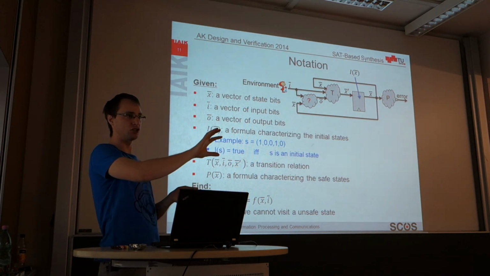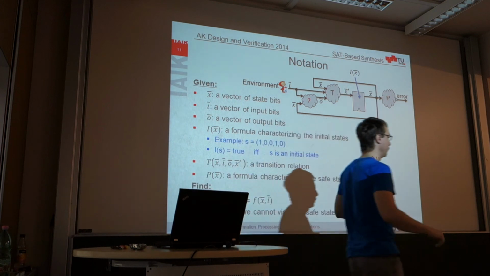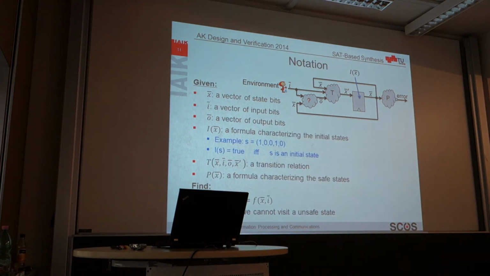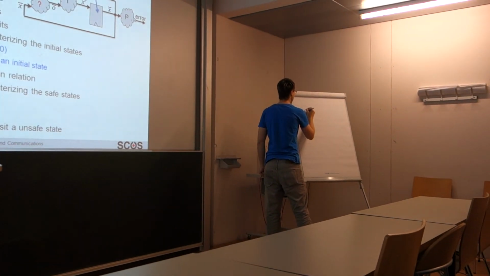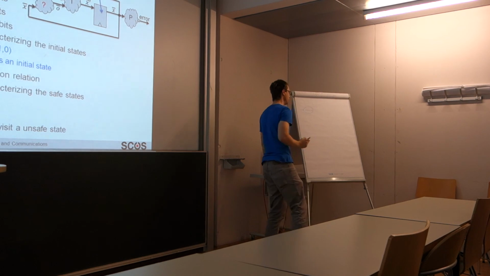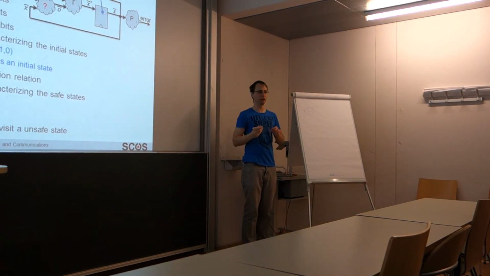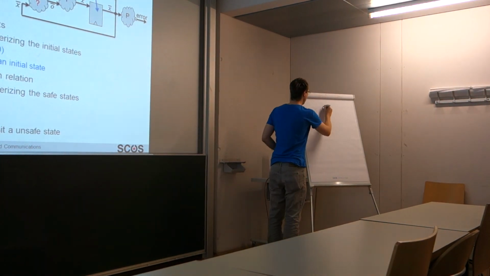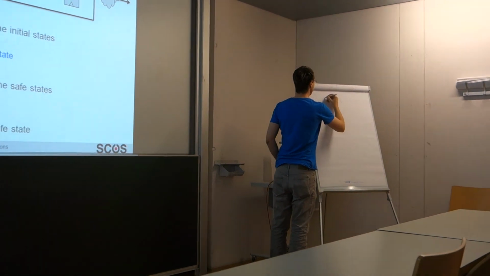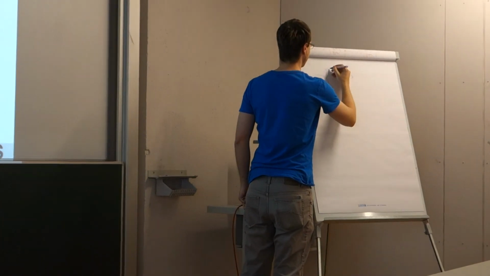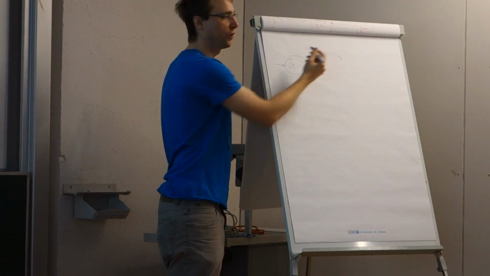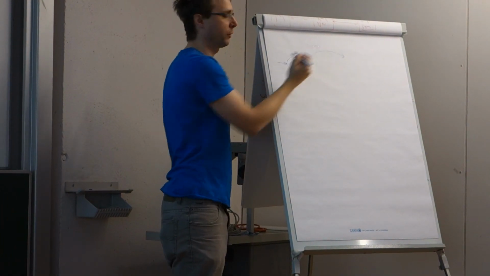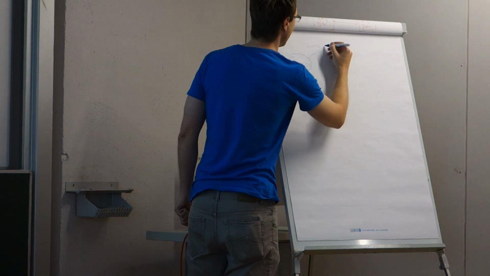We start in a certain state. Let me draw this. We start in a certain state. Let's say we only have one initial state, and the one initial state is defined in such a way that all our state variables are 0. Now the environment picks some input. Let's say the input word 101. There are 3 input bits, and the environment picks this input word, and then the system picks